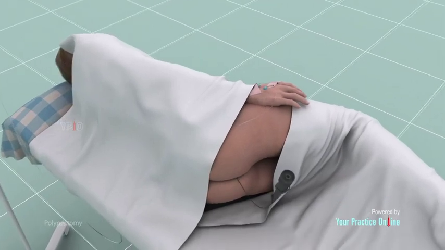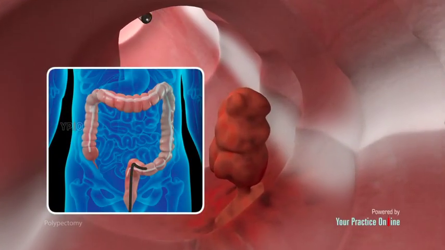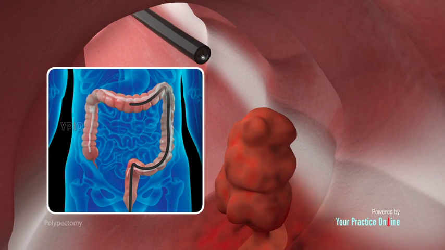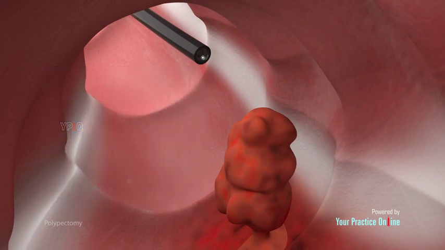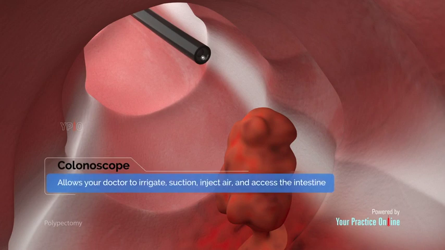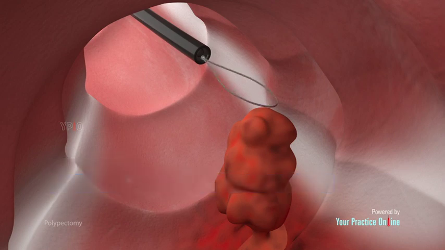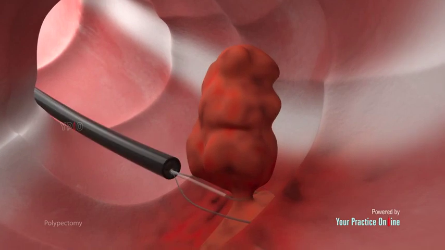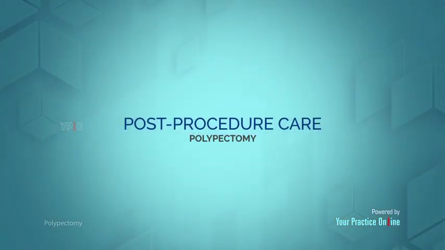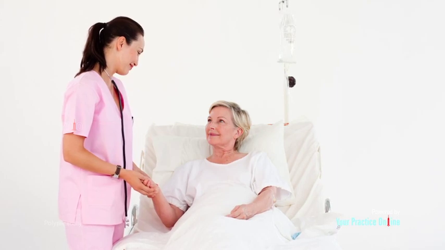A colonoscope will be inserted into your rectum so your physician can view all segments of your colon. In addition to enabling visualization of the internal colon, the colonoscope allows your doctor to irrigate, suction, inject air, and access the intestine with surgical instruments. Your physician will remove any polyps and possibly surrounding tissue for further examination and possibly treat any other problems that are detected. Post-procedure care. You will need to spend a couple of hours in the recovery room under observation while